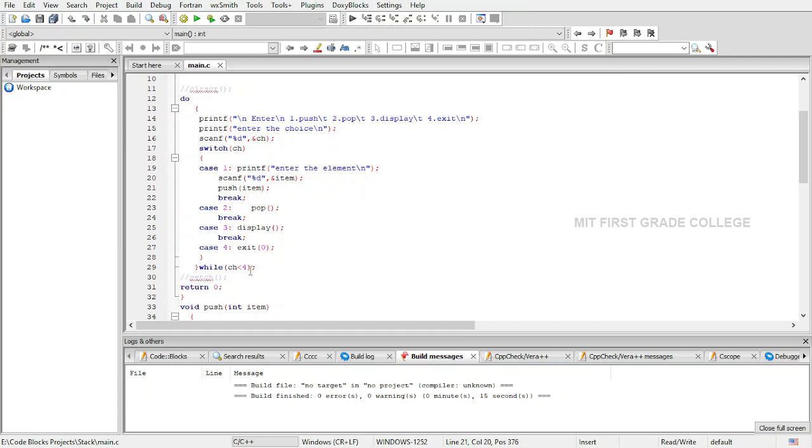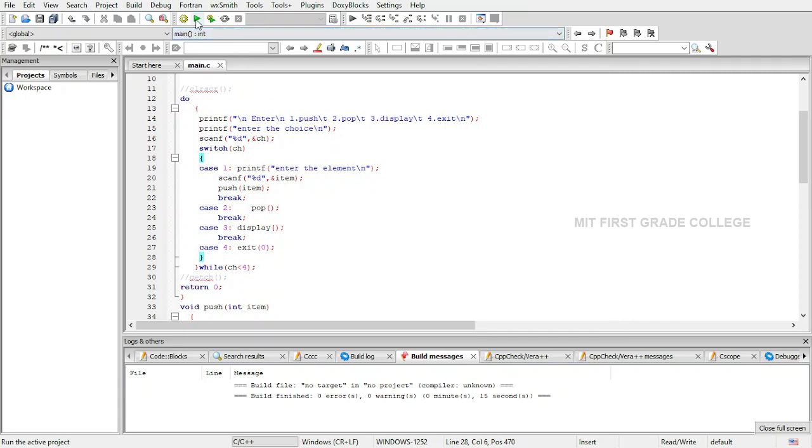I can select 1, 2, 3 as many times as required, 1 for push, 2 for pop and 3 for display. When I'm completely done with testing the program or using the stack, I can select 4 for exit, and if I choose 4, I have used the function exit 0, which will make the program terminate. So this is the explanation for the program.